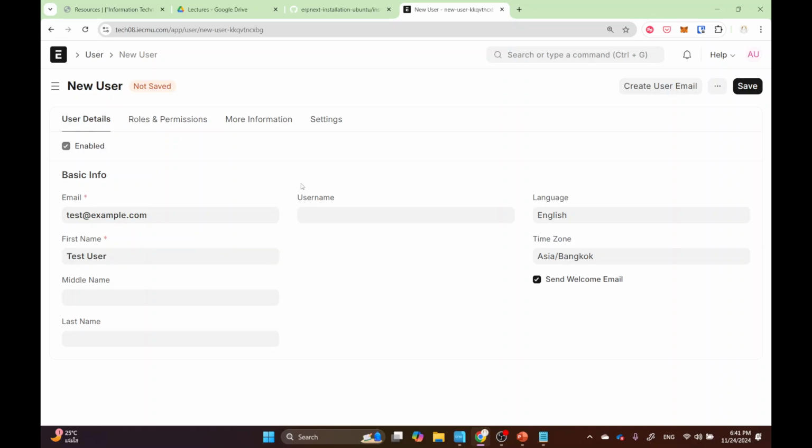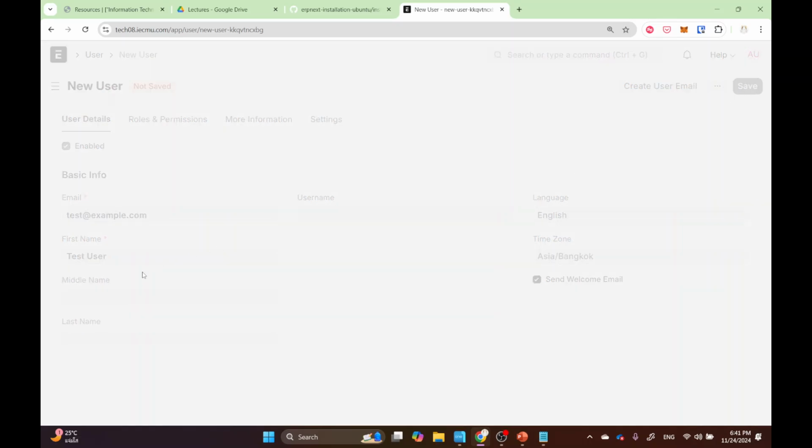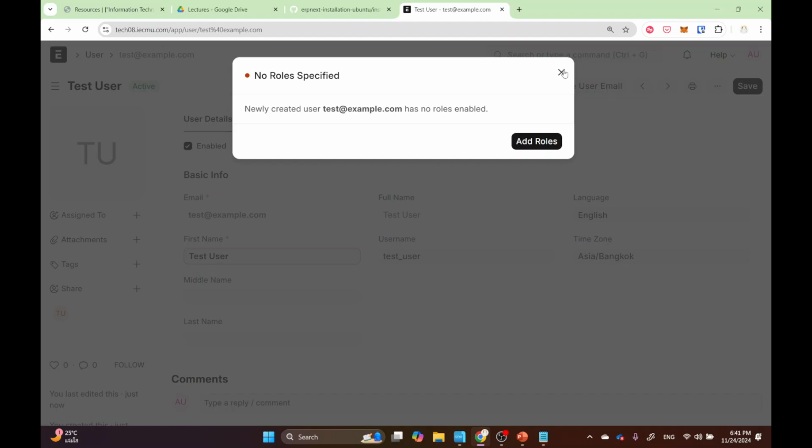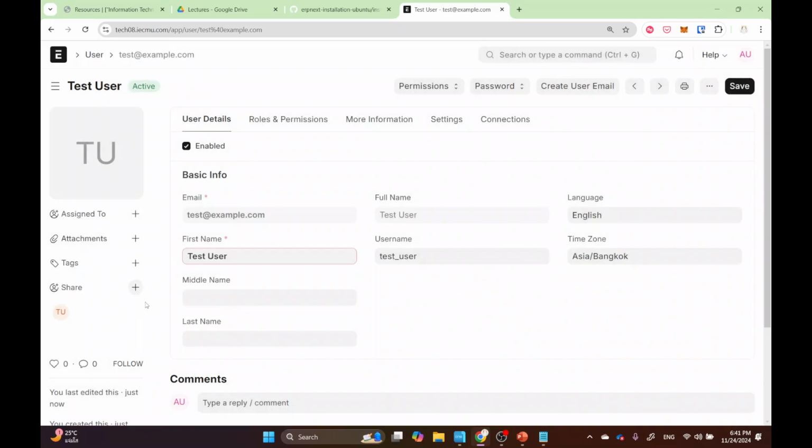I think that's what you need in terms of being user, right? And you saved like that. You can try yourself. It's okay. Okay, and right now the system is going to say that there is no role enabled, right? But we'll talk about roles later. Okay, but right now, if you bypass that information, then you can go into the details